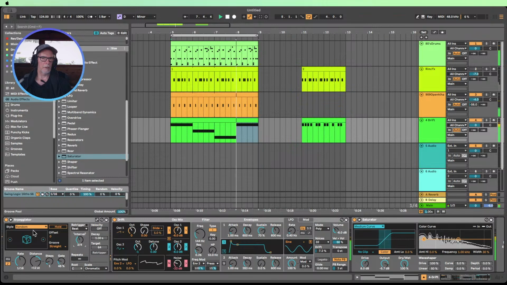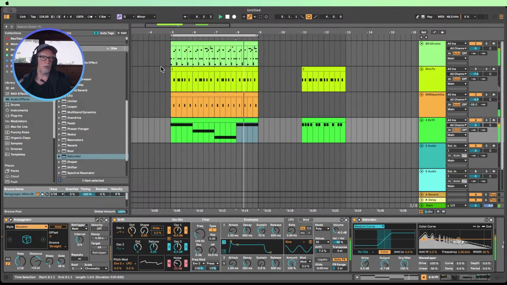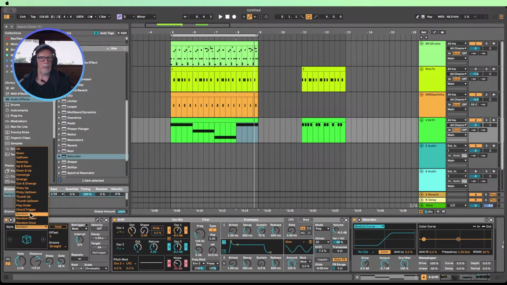But now that it's doing random, we want to probably record that and pick our favorite, because if we choose random over here as our ARP, and then we go and open this project another day, that will sound different, right? So if you do choose something like a random pattern from the ARP, in this case, this bass line, then